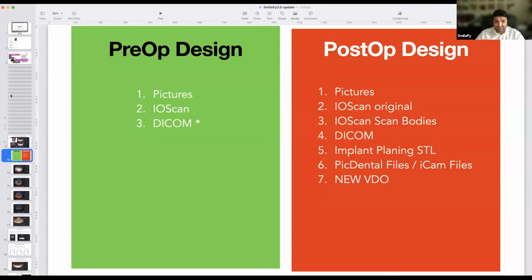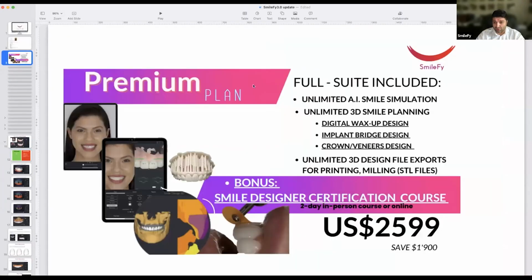So what I want to show you now at the end of the presentation, we do have a hands-on program, right, to build up all the knowledge and all the workflows that you need to be able to start with simple cases and then go to the most complex cases that you have.